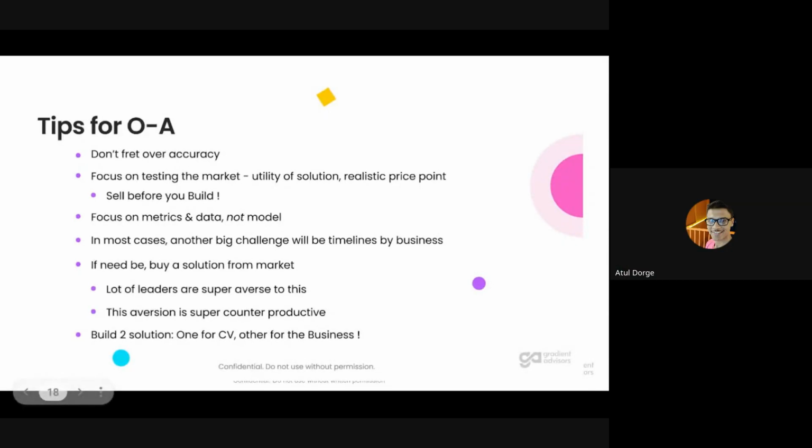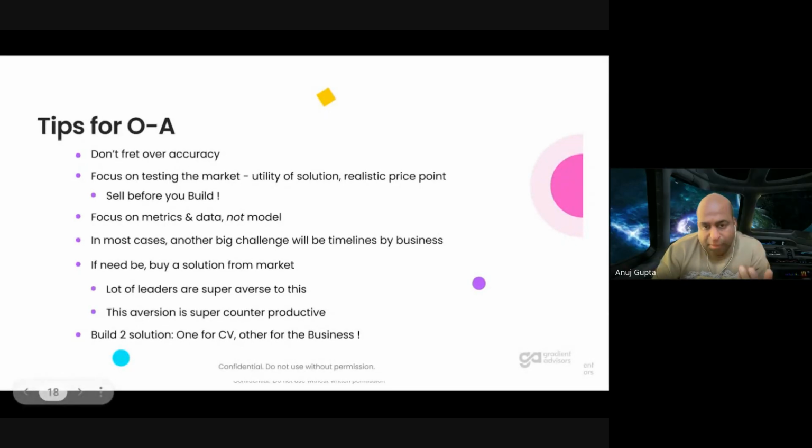Understood, Anuj. Thanks a lot. So while people are still mulling over O2A, we are now going to look at the remaining